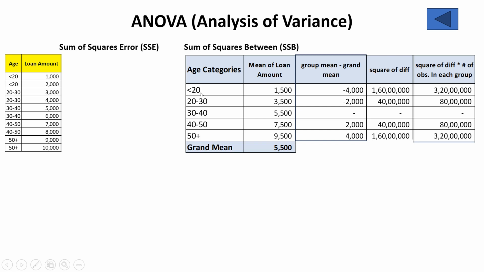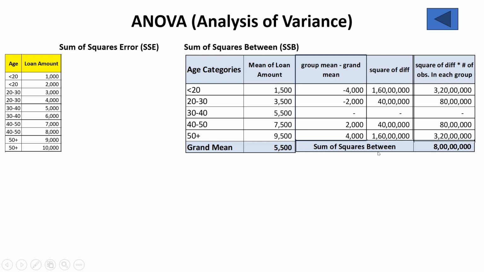So for example, if you see in the category less than 20, we had 2 records. In each of the categories we had 2 records. So what I have done is I have multiplied each of these values in this column with 2, and that's where I got this value. After doing this, I need to sum this up all together. So this is the value which I come up with, and this is exactly what we call sum of squares